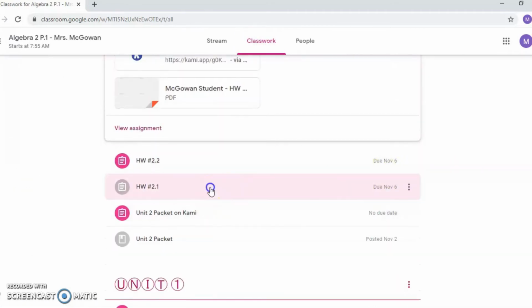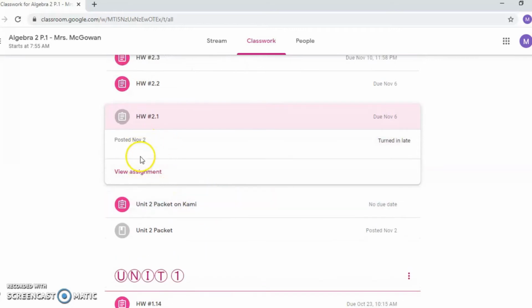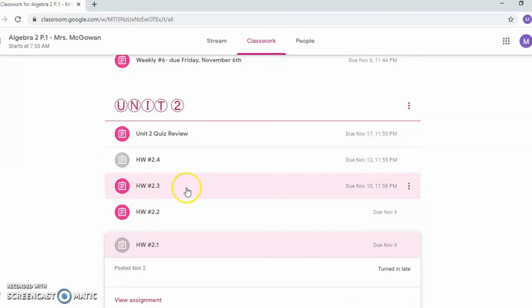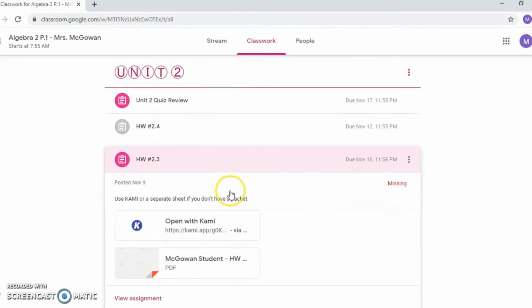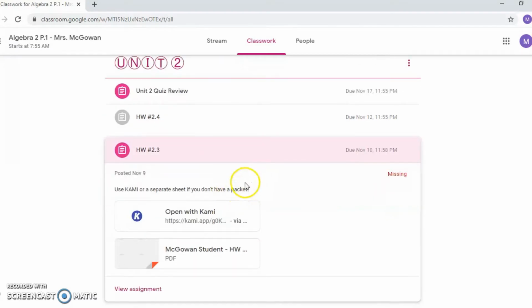So you can see like homework 2.1. I don't have the Kami link because I didn't start doing this until homework 2.3. So let's say I go to homework 2.3. I forgot my packet. That's the problem. And the time you would use Kami is if you don't have the printed version and you don't have a printer at home, and you don't want to use a separate sheet of paper. So I can just click open with Kami,